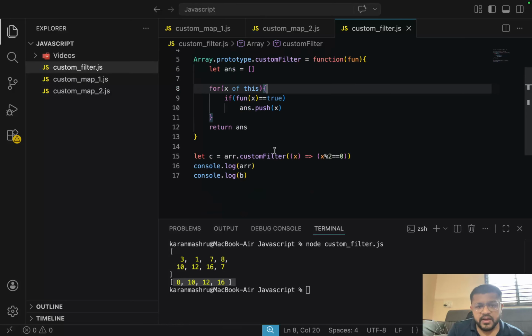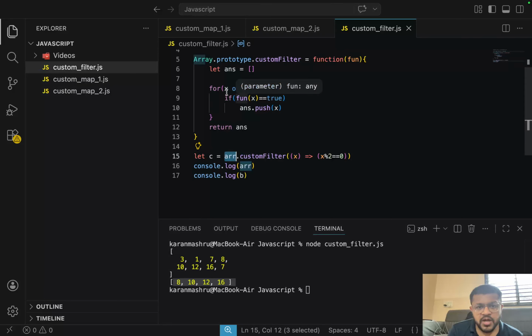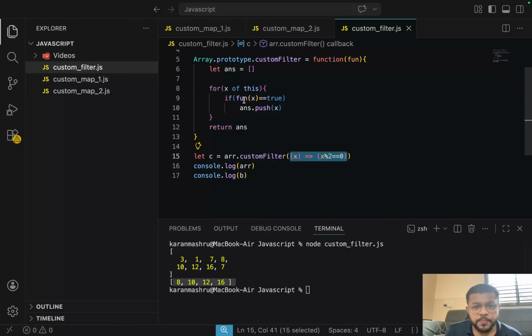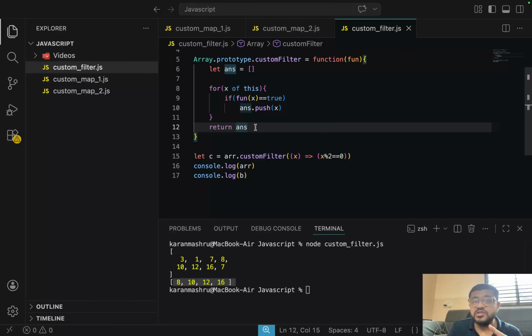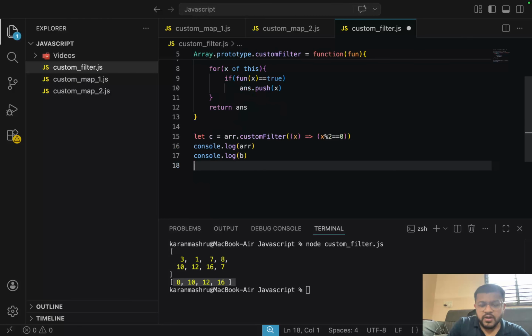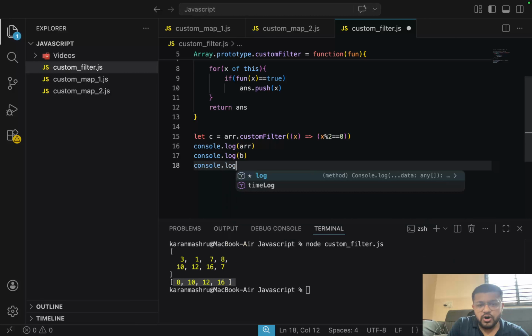Okay, so whenever I am calling this custom filter function, I am passing this function definition and I am calling it on this array. So I'll iterate over the elements of this array using this keyword, and I'll use this function which will take x as an input and returns true if x modulo 2 is 0. So if this function returns true, then only I'll add the element in the answer list and then finally return the new array. This does not affect the original array. And now you can say console.log c.